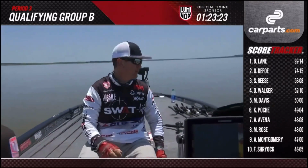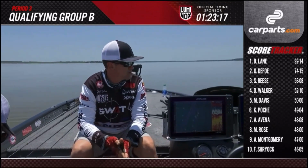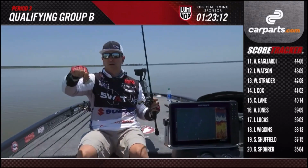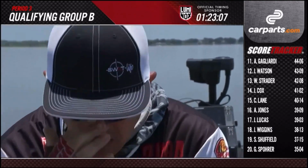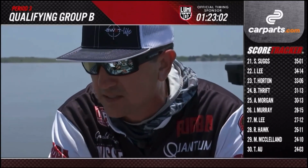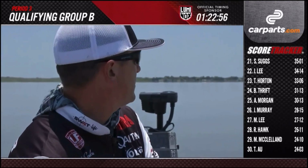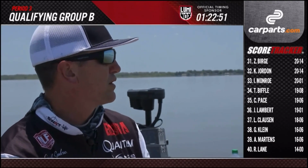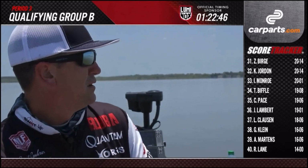That's the plan. I'm mixing it up between a trap and a chatterbait, 1/2 ounce white chatterbait and a 1/2 ounce Spro trap right here. The trap's on 30-pound Seaguar braid, and chatterbait I'm throwing on 17-pound Abrazx fluorocarbon. There's a big grass mat out here. There was a bunch of bait on it when I first pulled up, and the bait kind of went away for whatever reason. So I started trapping the outside and fishing the outside more than the inside,